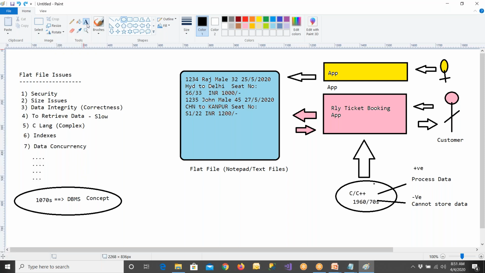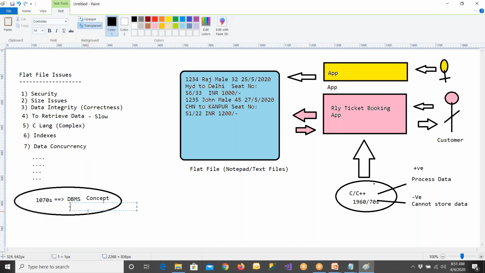And the DBMS concept also recommended a new language. They implemented it along with the concept, and the language is called SQL. Clear? Structured Query Language, a new language got implemented. Otherwise, you and me today would have to write a language called C only. C language is very, very complex. Everybody cannot use it. To store the data and retrieve the data, why should I go in for C language? Why should people have to use this much of a complex language? Can we also create one more language?